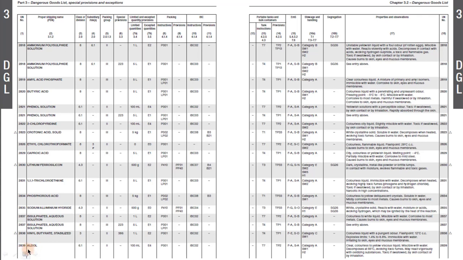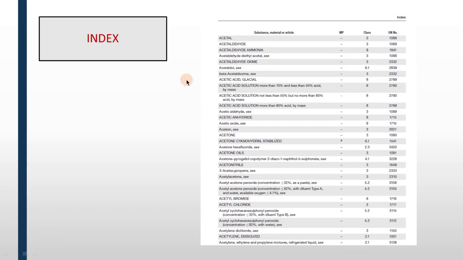So from this we come to know that aldol is the proper shipping name for this substance, which is acetaldol, right? In this way, if you have the name of the substance, the index can be used to find the UN number for it, and then you can enter the DG list through that UN number and find all the details about that substance.